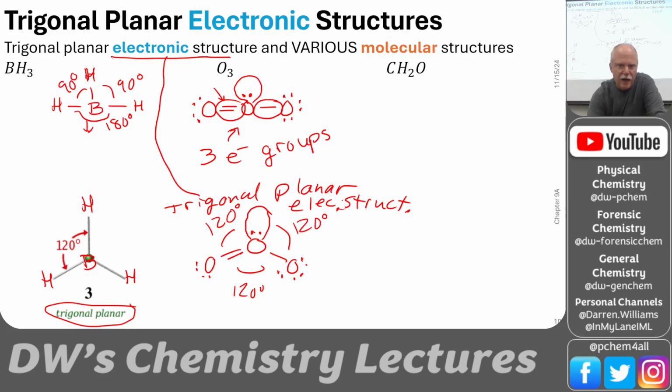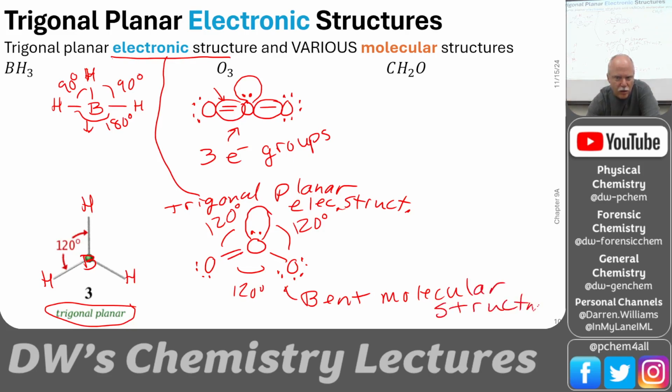And these are my terms that I emphasize, because there's a difference between the structure of the electron cloud and where the atoms are. So look at the atoms. These atoms are in a bent molecular structure. And that's why I've color-coded these. See, there's a difference between a molecular structure and an electronic structure. So if you've got 3 atoms, they can be linear or they can be bent. Okay. And in this case for ozone, it's a bent